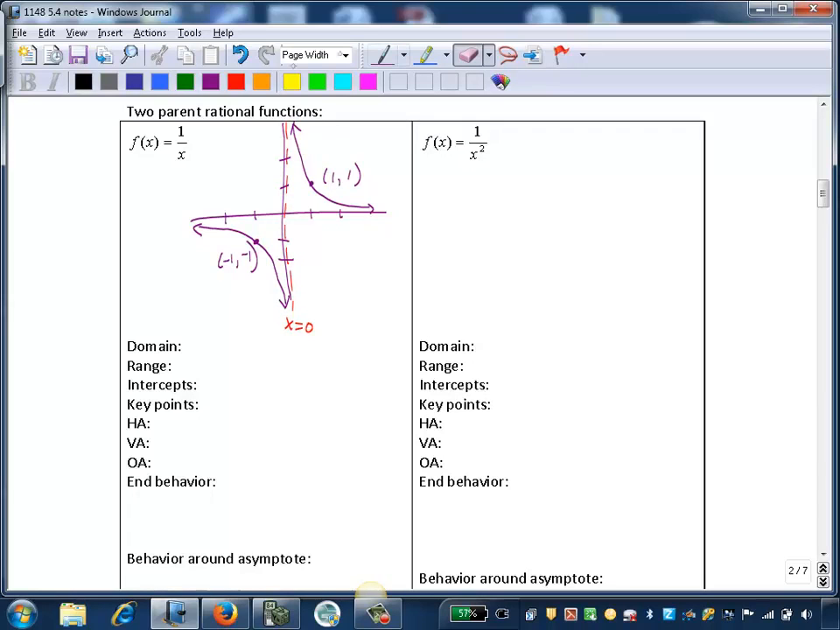Now, this function also has a horizontal asymptote on the x-axis. So when y is 0, we've got a split in the graph. Excuse me, we've got a split vertically. We also have a split horizontally, and that's a horizontal asymptote. So these boomerang shapes have to fit in this grid. These asymptotes make a grid, and this piece has to fit in the top right of the grid, which is our first quadrant,